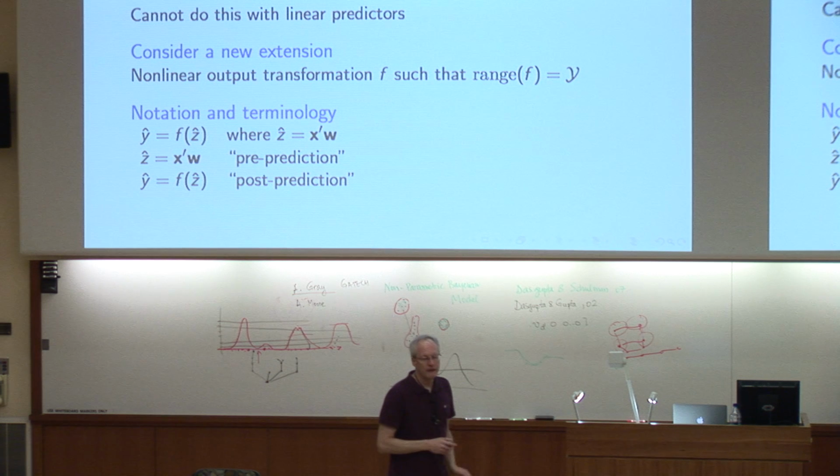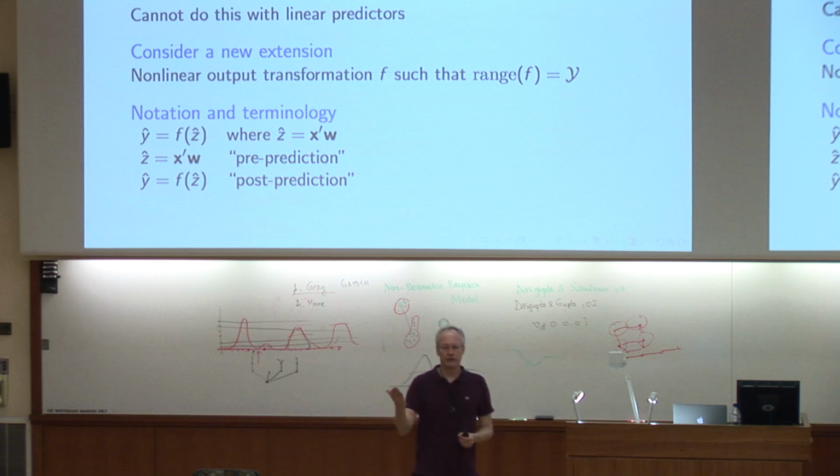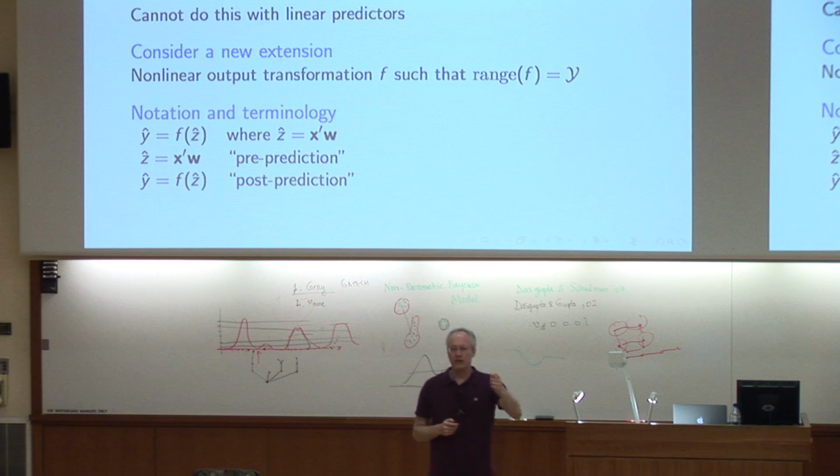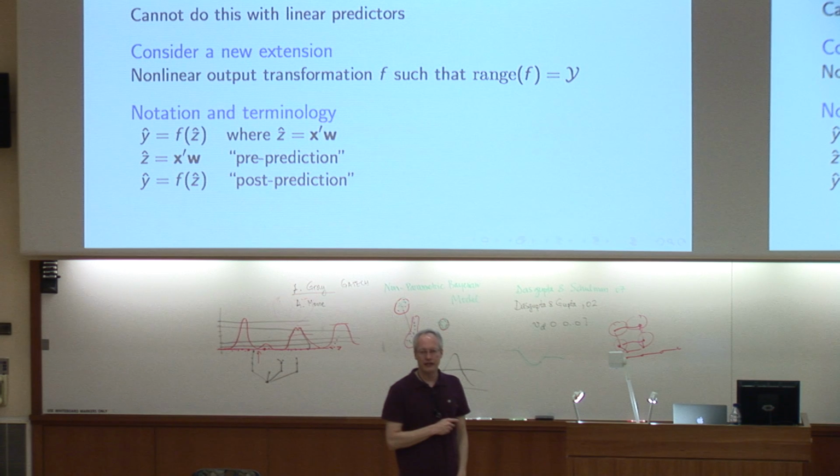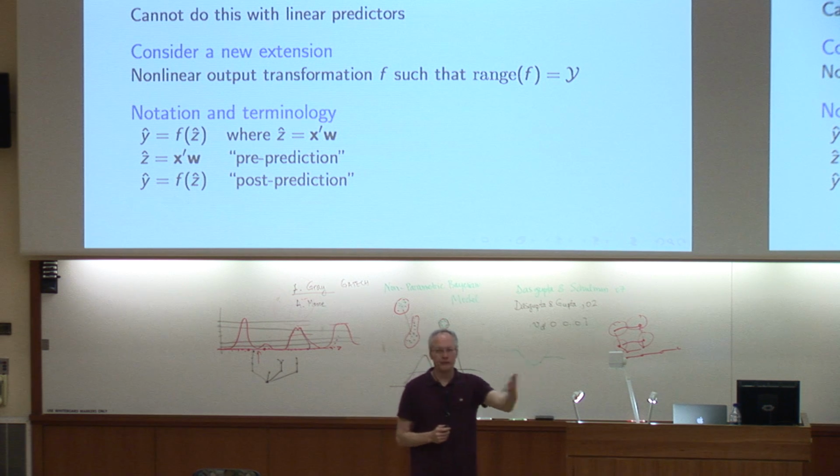So this is sort of the picture. It's no longer the case that your linear response, so you have some weight vector and you have some input feature representation, you take an inner product, you get a number. That number is not your prediction anymore, okay? That number is what I'm going to call your pre-prediction. That's the linear response you get before the nonlinear transform. But you're going to take that pre-prediction response, put it through some nonlinearity, and then you're going to get a post-prediction response. And that post-prediction response, let's call that y hat, is your prediction, okay? And we're going to choose our transfer function here, or this nonlinear transfer, to ensure that the range of the function respects, say, for example, some range constraint that we have on the natural data, okay?